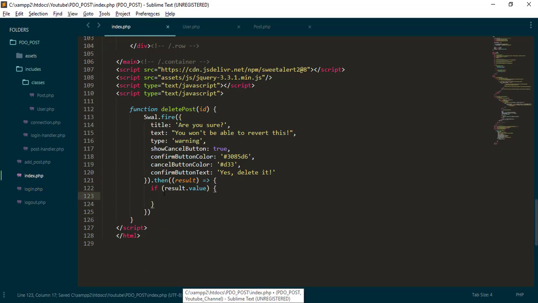And here guys, as you can see, we have a result as a parameter. Actually it's not a parameter, it's a callback function, because we have this one. So whenever the user clicks yes, delete it, this if statement is working here. So whenever you click, I'm just gonna